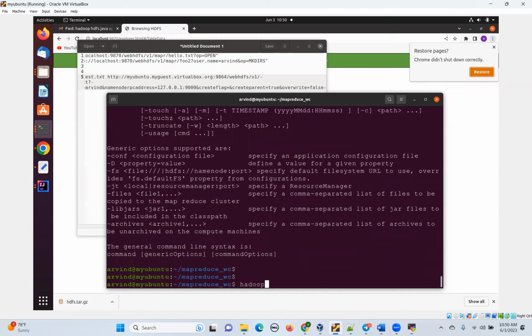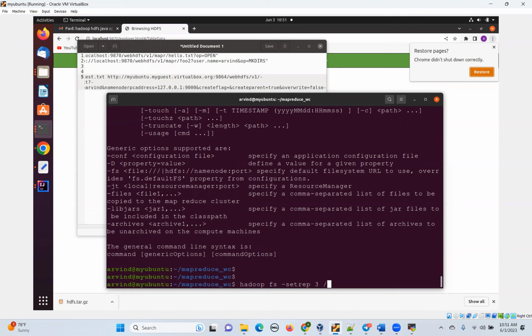So I want to change the replication factor: hadoop fs -setrep. A particular file's replication factor you want to change manually, by command line. Generally, the file system replication factor is 1, which I set in the configuration file. But that is applicable to all files, and here you want to change a particular file. So I say setrep 3, I want to make it 3 for